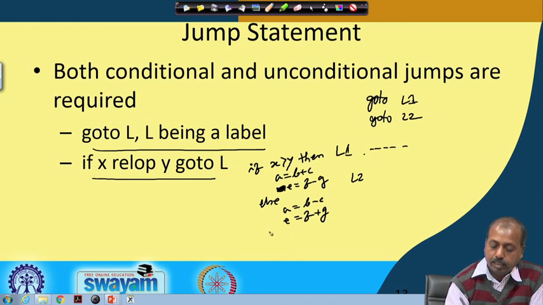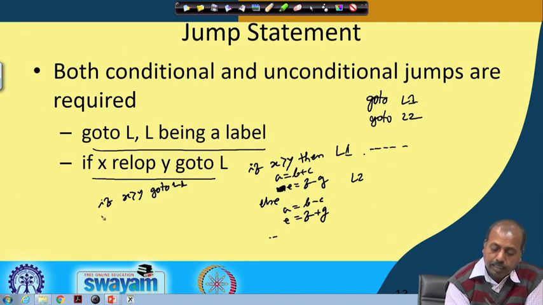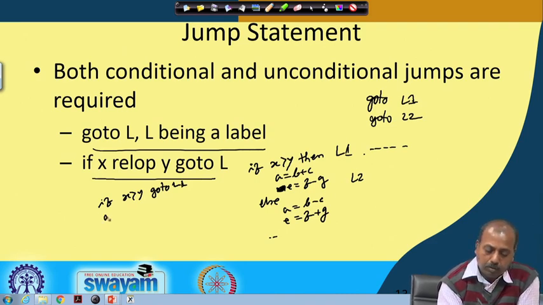Then I can write it like this: if x greater than y go to L1, and then here I write a equal to b minus c, e equal to f plus g, then go to L2, and this is my L1. Where I write a equal to b plus c, e equal to f minus g, and this is my L2.